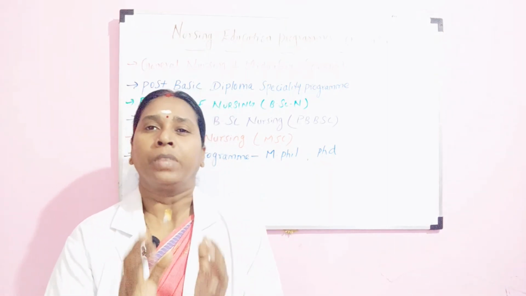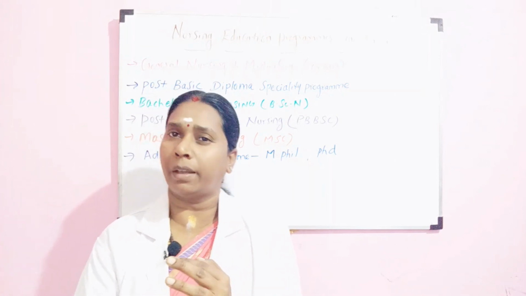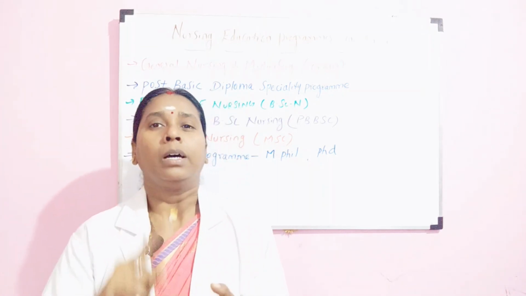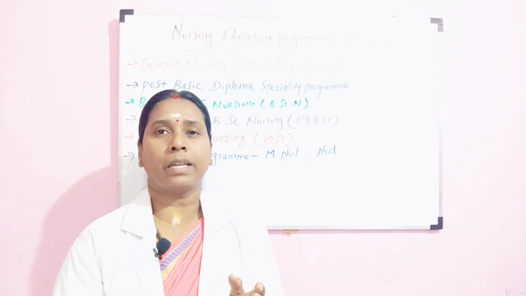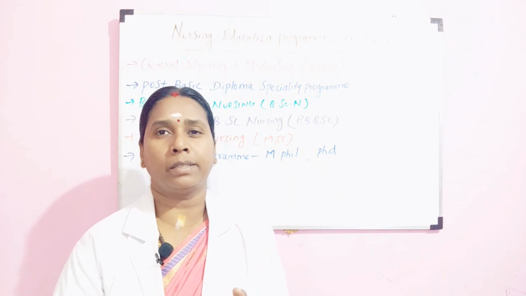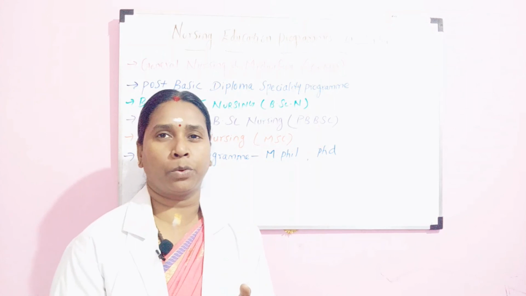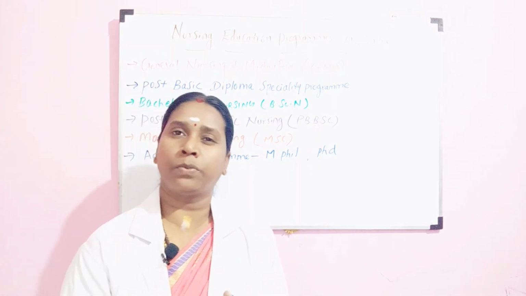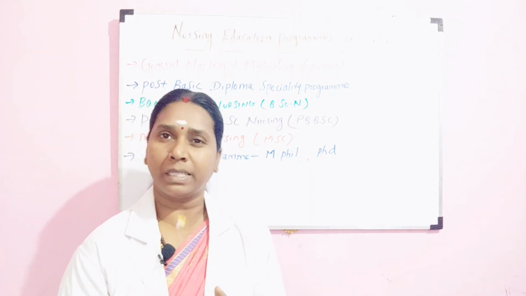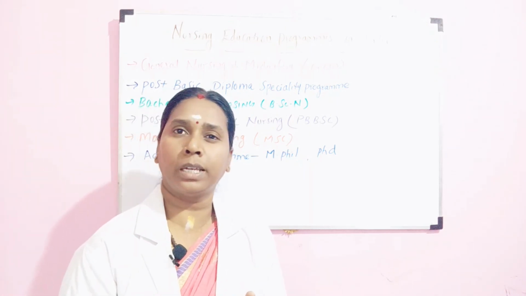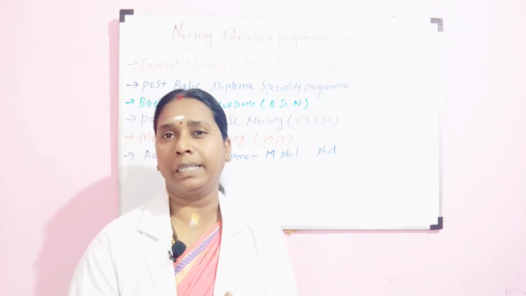That is, you have different programs in nursing: your diploma program or the GNM program. Then we have the diploma or the post basic specialty programs, that is your critical care, anesthesia, ICU and all these areas. Specialty programs or 1 year training programs you have. And then comes the Bachelor of Nursing program, which is a 4-year degree course. And then we have the post basic program, that is, after finishing your GNM, you will be qualified to do the post basic program if you want a degree certification.